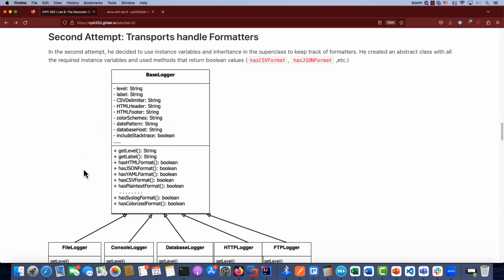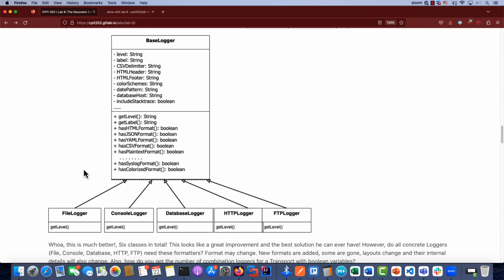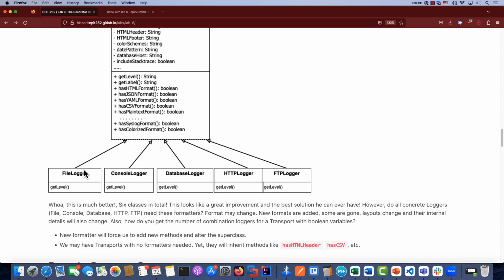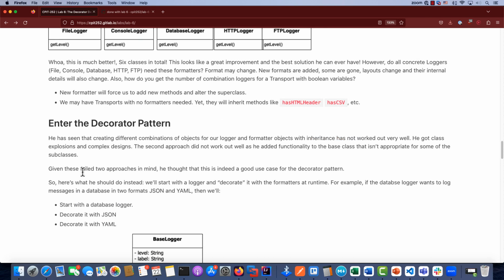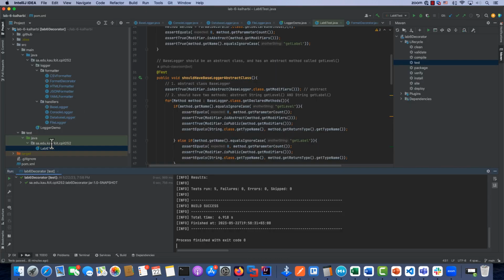So a class that is doing too many things, and concrete classes that inherited too many methods that they do not need, right? So go to the README file